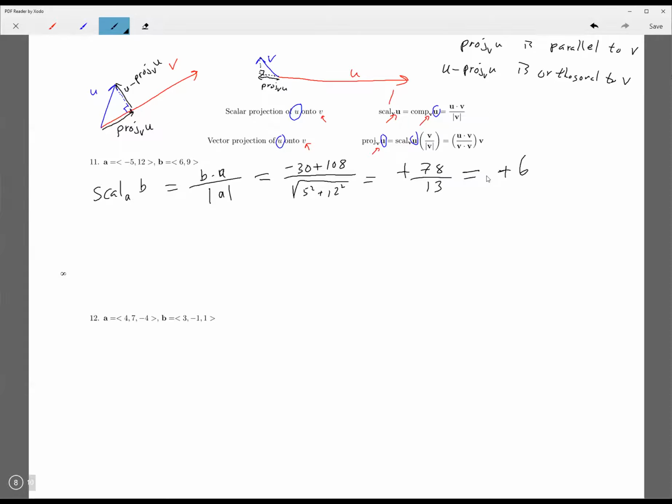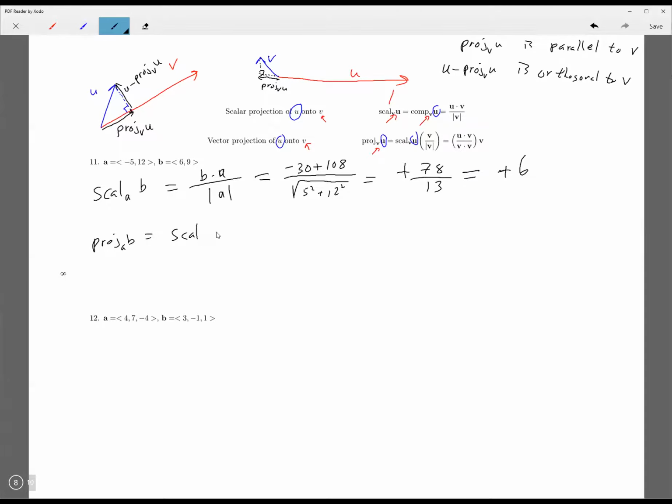Okay. So now we go for the projection. Now you've already calculated the scalar, so we can just multiply by this, or we could just go through the whole thing. I'm not really used to doing it just like this, but let's do the whole thing, okay? Let's use this one. So the projection of B onto A is equal to the scalar